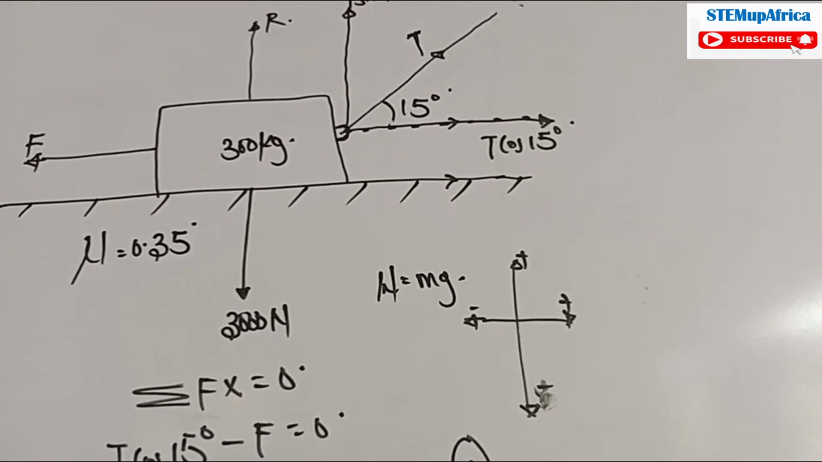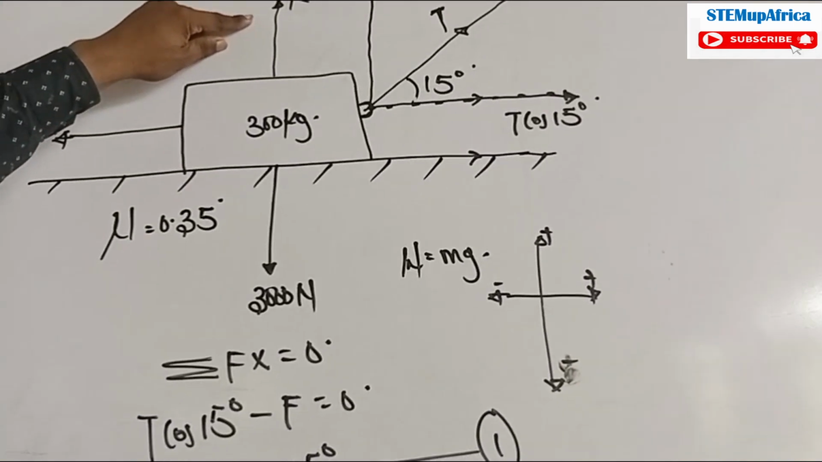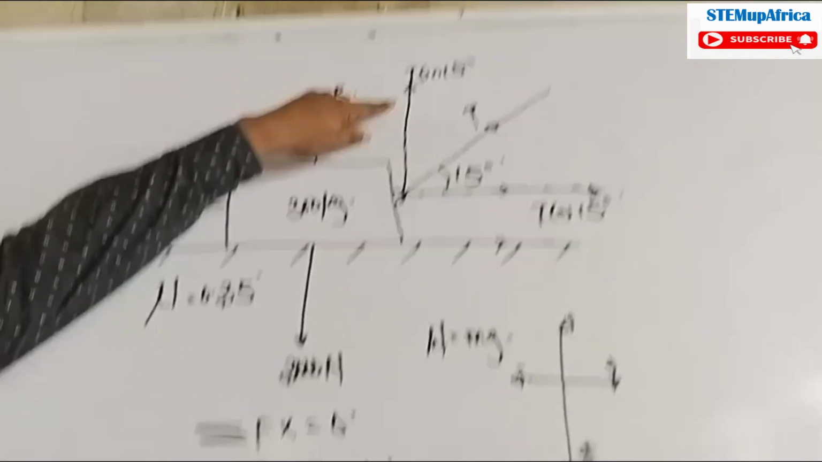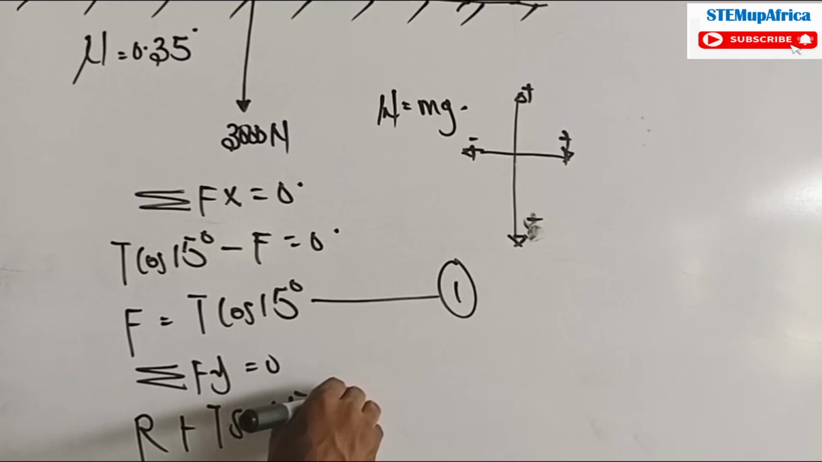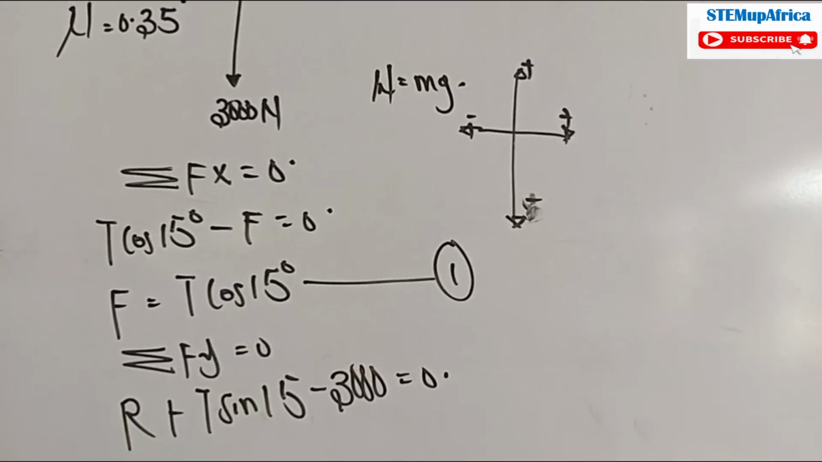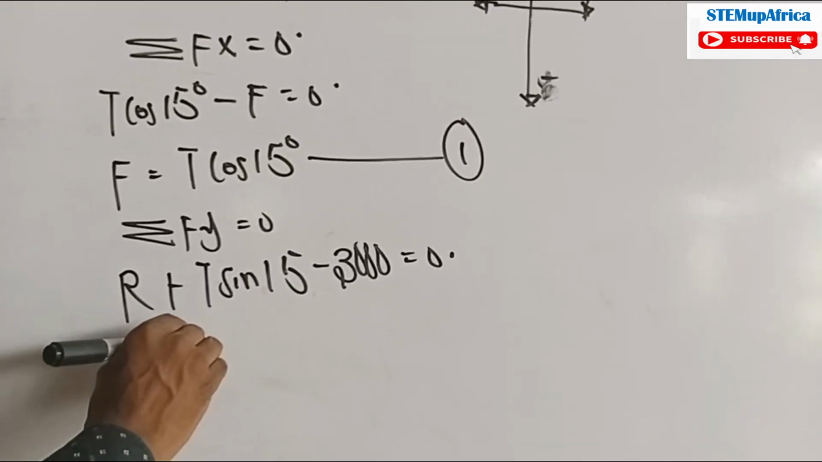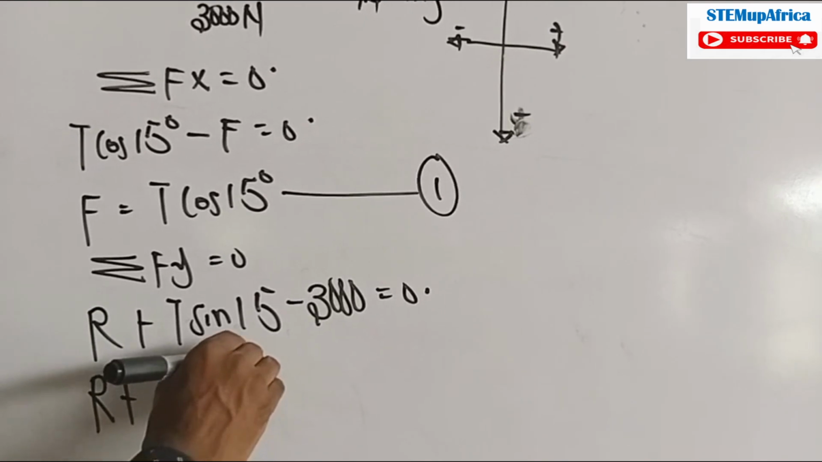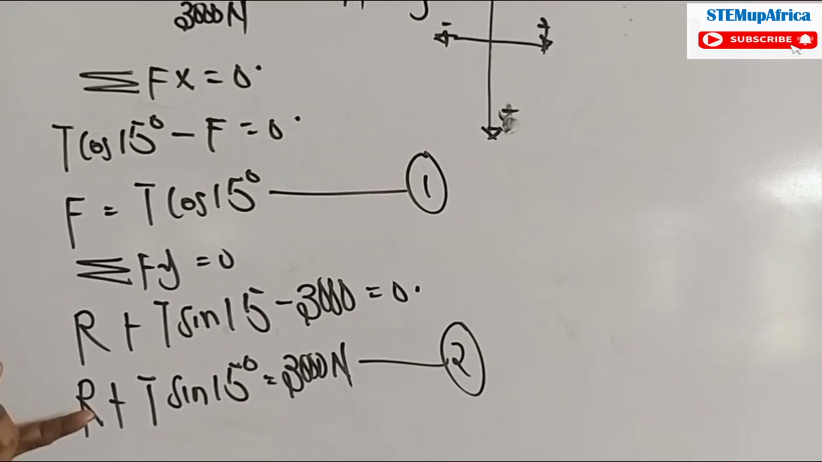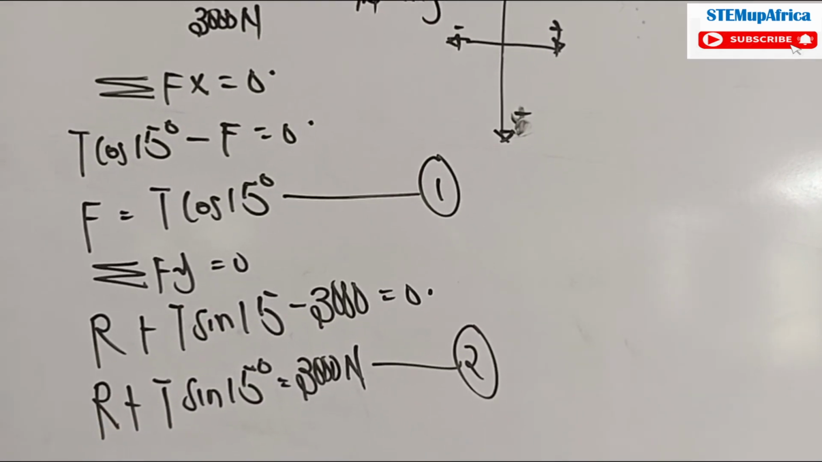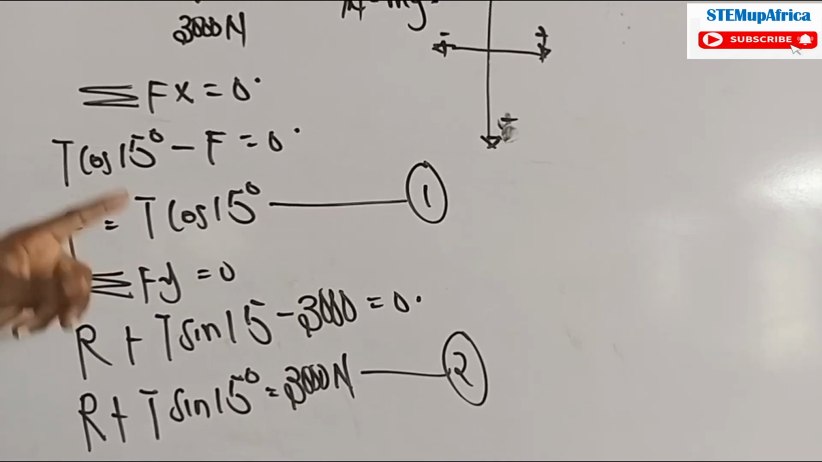So let's apply the summation of F of y. My normal reaction is positive. My tension here is positive T sine 15, while my weight here is negative, minus 3000, equals 0. So I can transfer 3000 to this side. I'm having normal reaction plus T sine 15 degrees equals 3000 Newton. Let's call this equation 2, because normal reaction and tension are unknown. So how do we solve equations 1 and 2 to get the force, which is the tension, acting on the